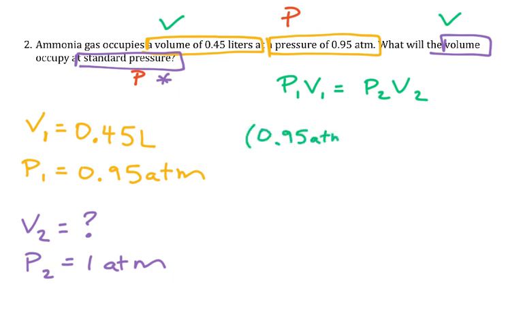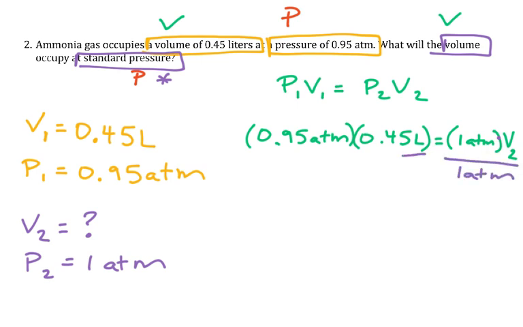0.95 atm times 0.45 liters equals 1 atm times volume 2. 1 times volume 2, I'm going to get that 1 away by dividing both sides by 1. The opposite of multiply is divide. So that's going to cancel, meaning that V2 is going to equal 0.95 times 0.45 divided by 1. So I'm going to grab my calculator. And I got